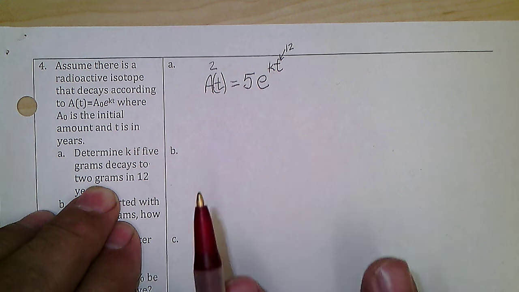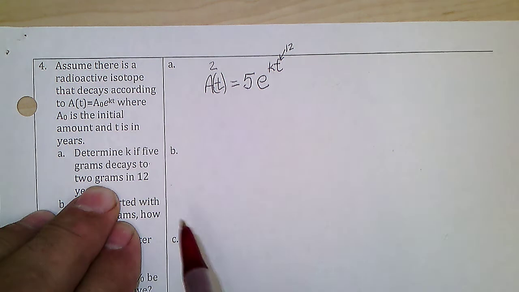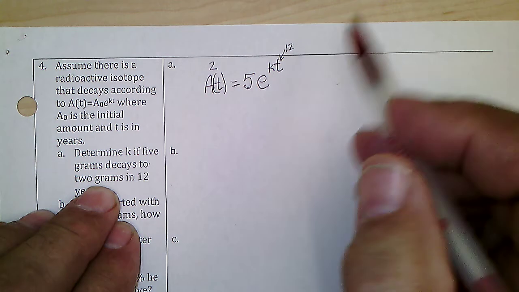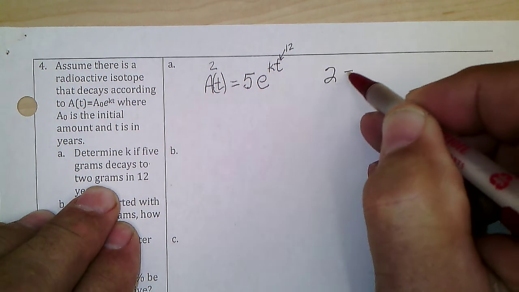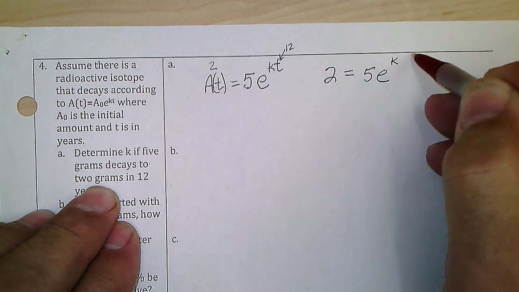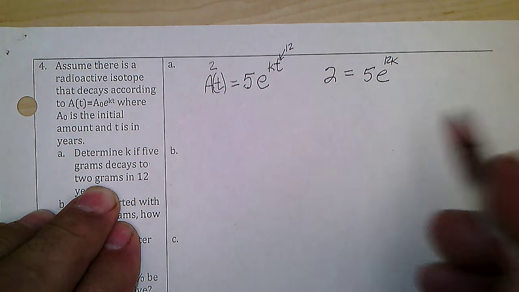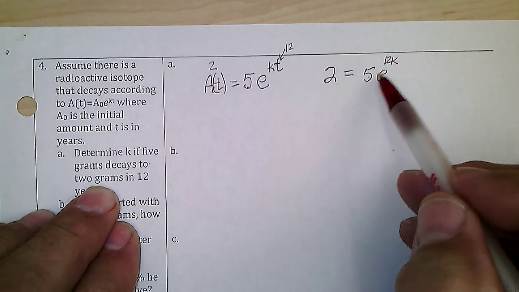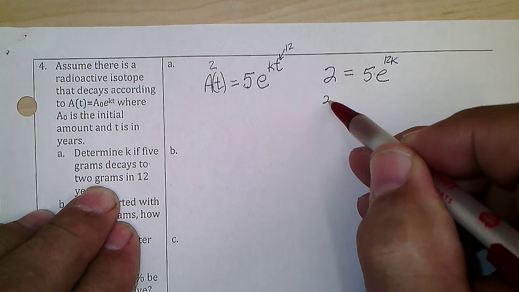Now, k will be the same for all problems dealing with this isotope. That doesn't change. The starting amount could. So I get the equation 2 equals 5e to the k times 12, so 12k. Now to solve for k, I have to divide out this first, so I'm going to divide by 5, so I get 2/5